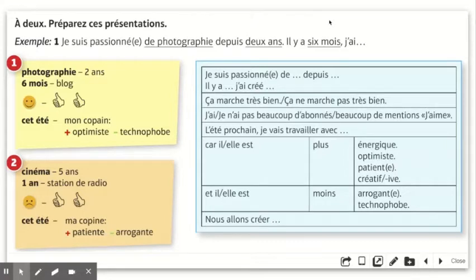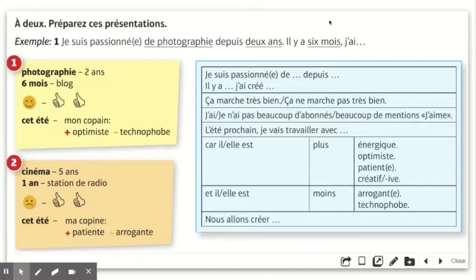So the first exercise at the top of page 37 is a presentation exercise. It's good that we start to think a little bit about the speaking exam from now on. And one of the things will be about preparing some answers that you can give to talk about certain subjects. Here, we've got an example of some people talking about what they do online. What I'd like you guys to do is to create a little presentation.